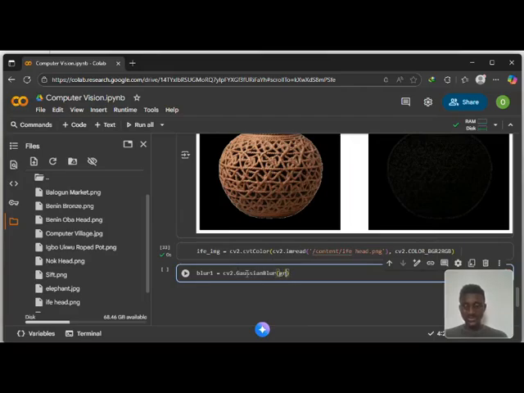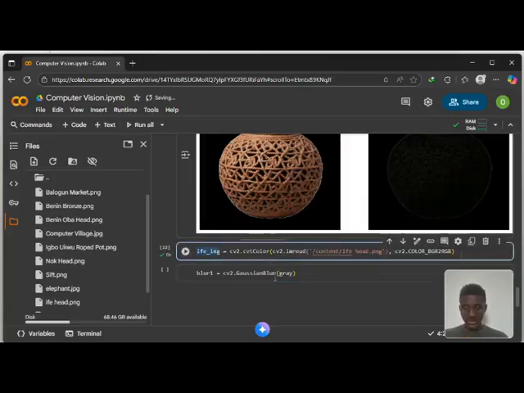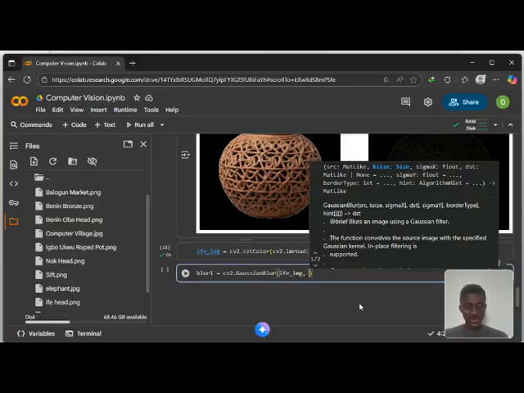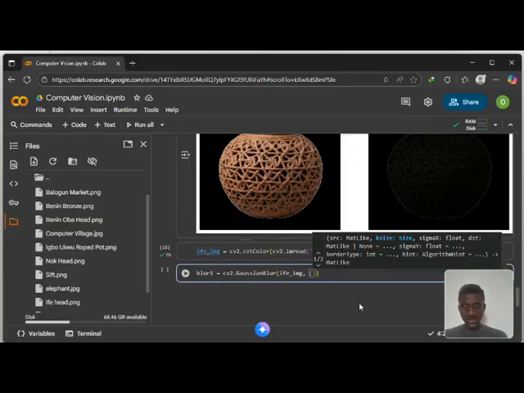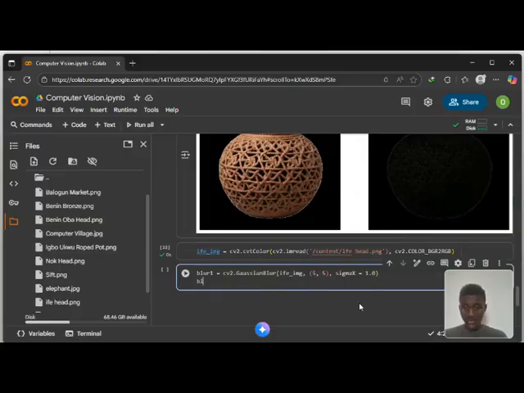The first image, which is in grayscale format, with kernel size 5,5. Next we look at the sigma, which is sigmaX. Here we are using 1.0, just as we've done in our original image, and for the second blur